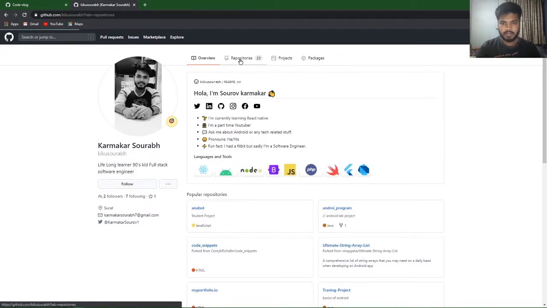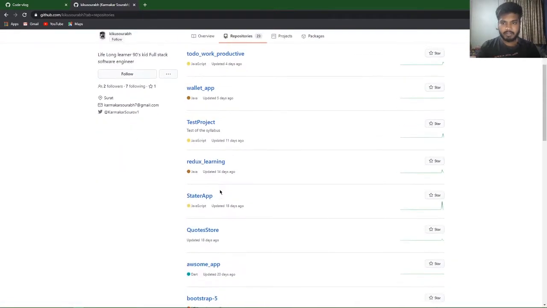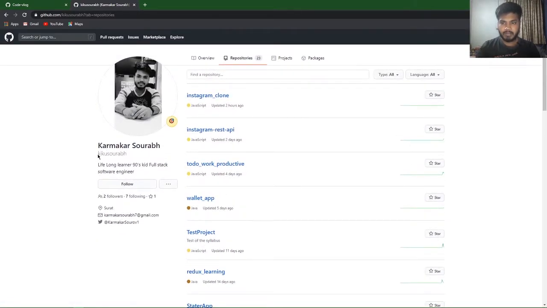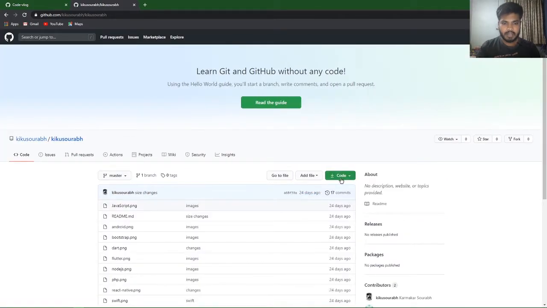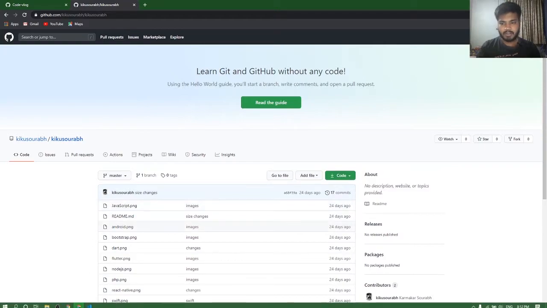and find the repository I have made with my username. I have my username as Kiku Saurav, so you can find that repository. Here it is. Open it and copy this link, or you can download it also. I used to make this copy because it is a really fast way to make all that stuff